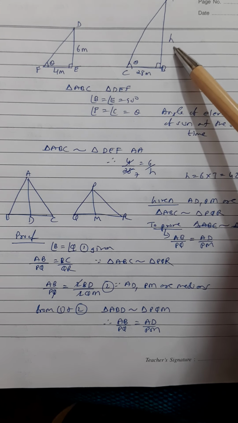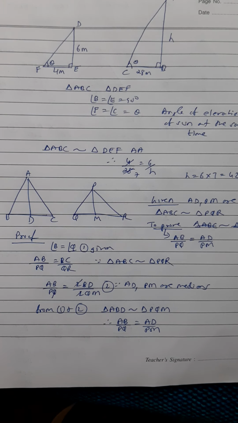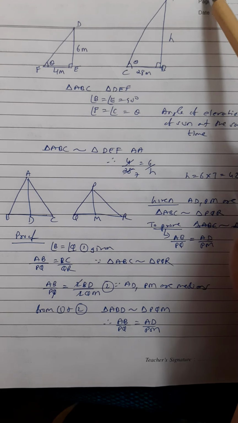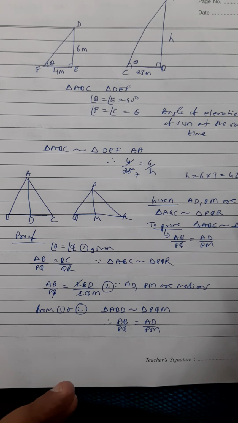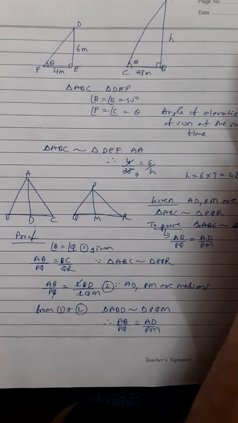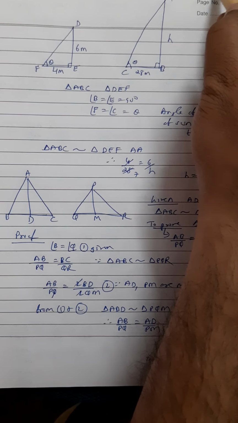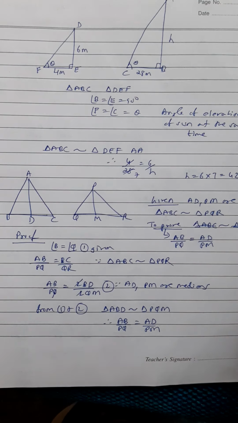Now what is given to us is that both the shadows are being formed at the same time. Now that is a very important clue, because when the shadow is formed at the same time, that means the position of the sun with respect to both these is the same, because the length of the shadow varies with time. So in the evening or in the afternoon or in the morning, the shadow length will vary. So this same time is important, because if the sun is somewhere here, that means when you're looking at the sun from here or here, it doesn't matter.